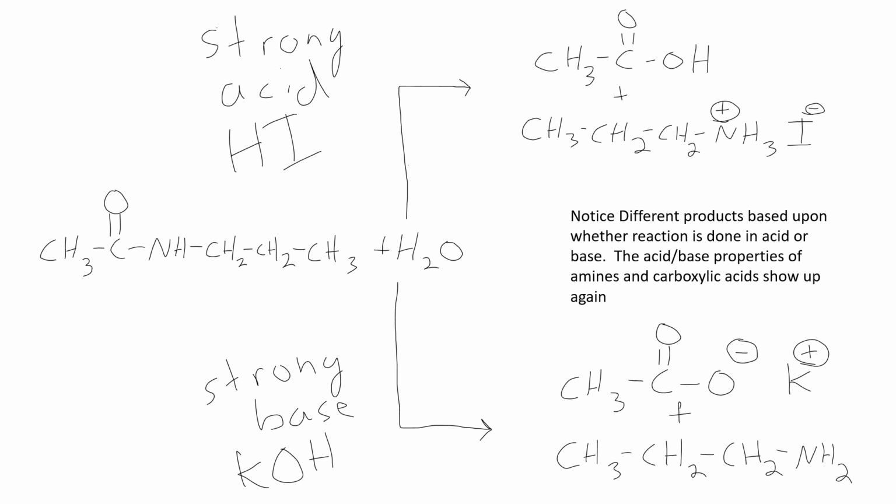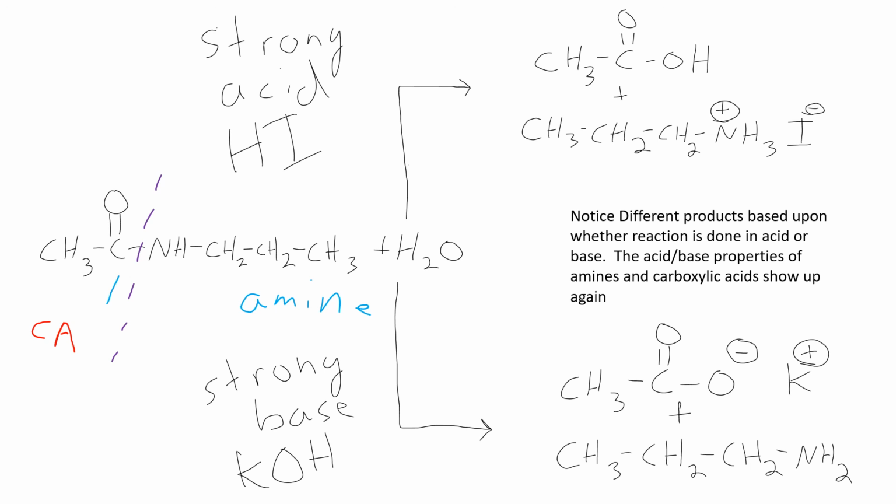So anytime we are looking at an amide, remember, we want to dissect the molecule between that C double bond O and the nitrogen. That's going to split the two sides of the molecule. The side with the C double bond O, well, that's the side that's going to form the carboxylic acid. The side with the nitrogen, that's going to form the amine in that product. So as we're looking at what's going to form, we can start mapping things on. So we expect a carboxylic acid and an amine.